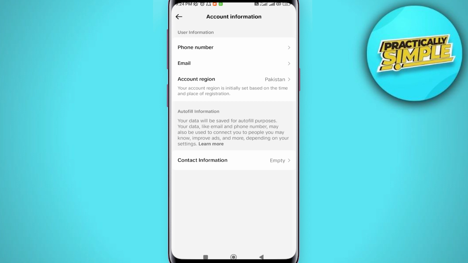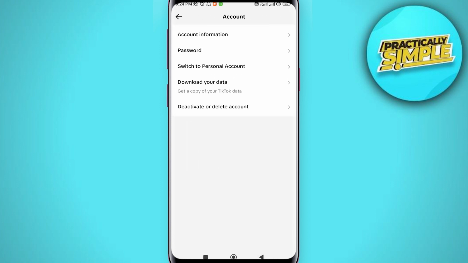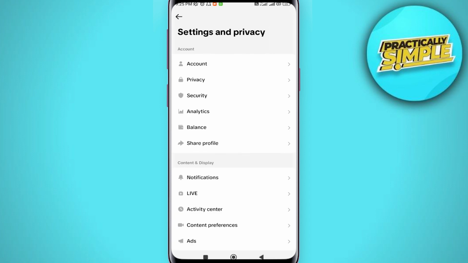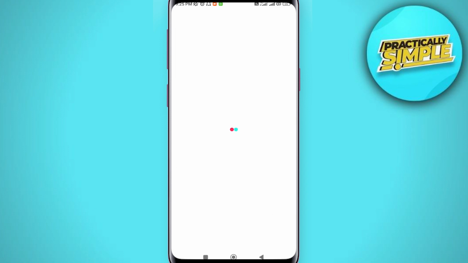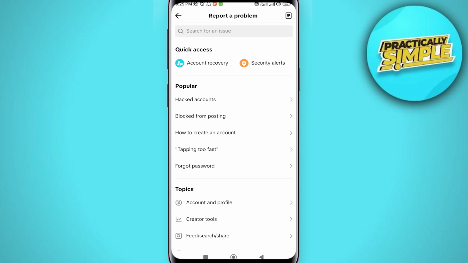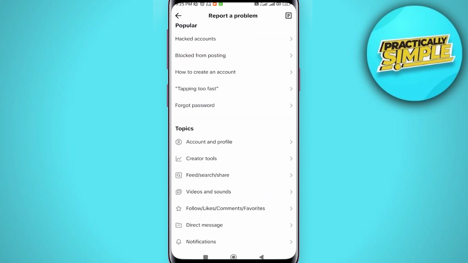So now it is safe to say that there is no direct way to change your birthday on TikTok, but there is an indirect one that I'm going to show you right here. So scroll down and tap on this report a problem right there. After that, wait for this screen to load up. Once it does, you need to scroll down a little bit and just tap on this account and profile under